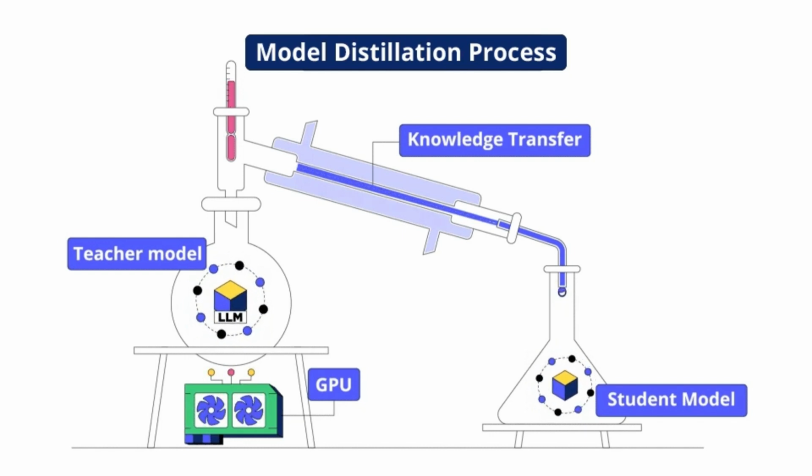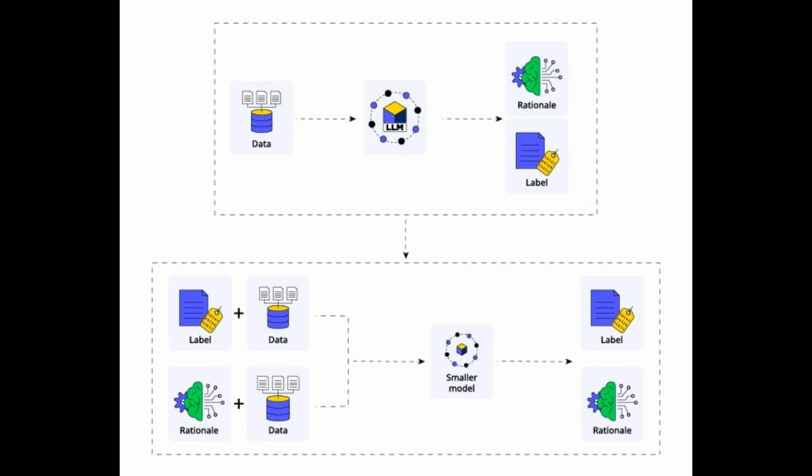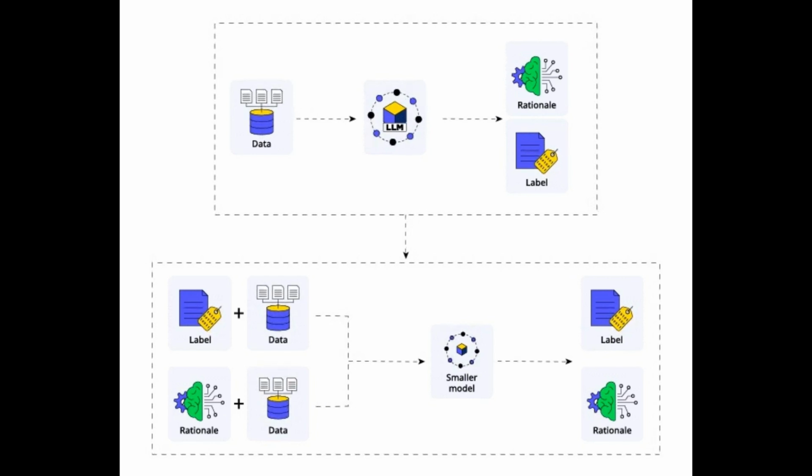Before we get into the drama, let's clarify what model distillation actually is. It's comparable to regular distillation in chemistry, like turning seawater into fresh drinking water by boiling off the salt and keeping the good stuff. In AI terms, it's about extracting the essential knowledge from a massive, supercharged model, the teacher, and passing it on to a smaller, more efficient student model. Here you can see how it works.